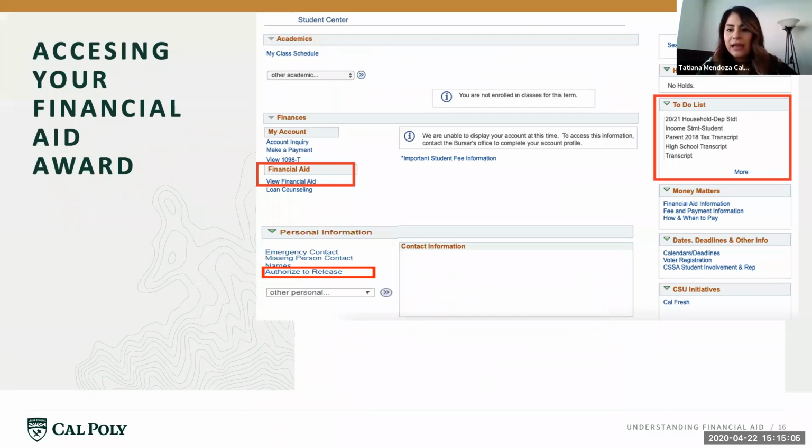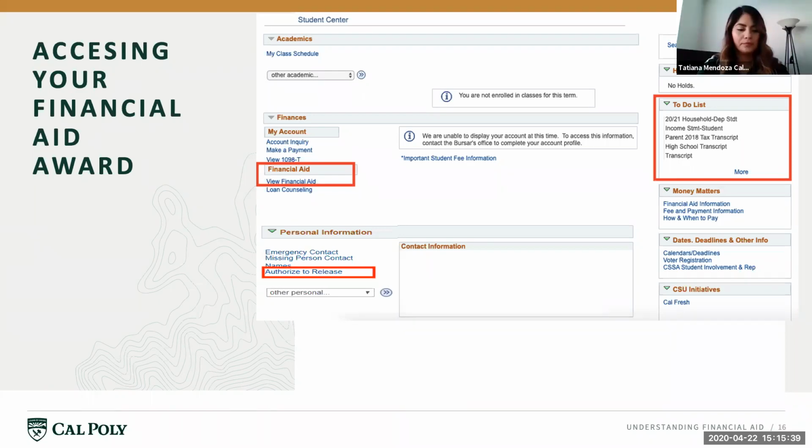Okay, so if we go back to that same Student Center, yes, that one. I see that you also highlighted off to the right the to-do list. So I know that's an important place for students to go to and be aware of what's being added there, specifically for students who are selected for the verification process review. Can you tell us more about that and how that works? Yeah, so some applicants are selected for verification, which means we have to review your financial aid application for accuracy. We may ask to see certain documents like a 2008 tax return or have you fill out some forms.